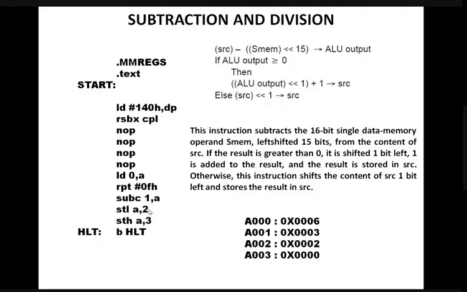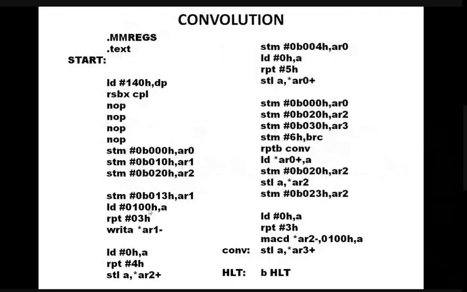But the most important thing is convolution. This is very, very important, because convolution is signal processing, convolution is filtering, filtering is signal processing. All put together, we need to perform convolution. So convolution, we can do it with numbers by storing the numbers in the memory, and we can do real-time convolution by connecting the signal generator and CRO, like how we connect our microphone and loudspeaker. That is what our main objective is today.